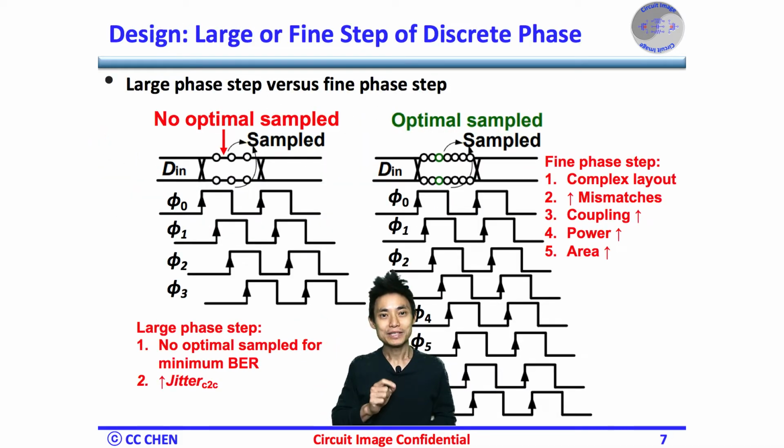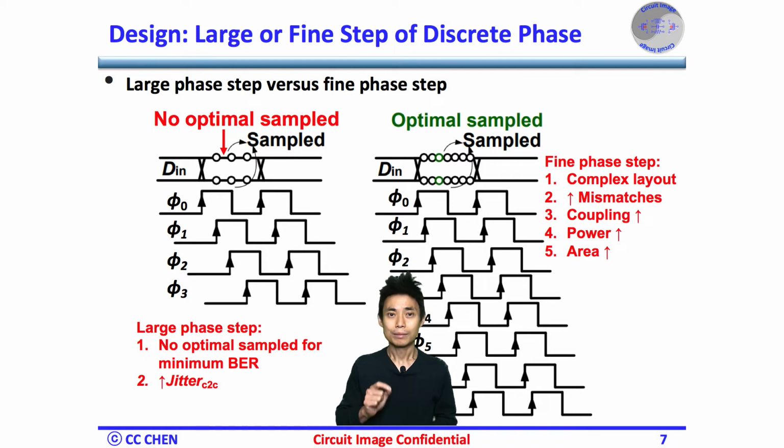Bingo! The clock phases are discrete and depend on the resolution in digital. Under the frequency offset, if the phase rotation is in a large discrete step, real-time data might not be optimal to achieve the minimal BER, and the large discrete phase step could lead to a large cycle-to-cycle jitter of the recovered clock. If a revised design with many finely spaced phases must be produced, that would have a